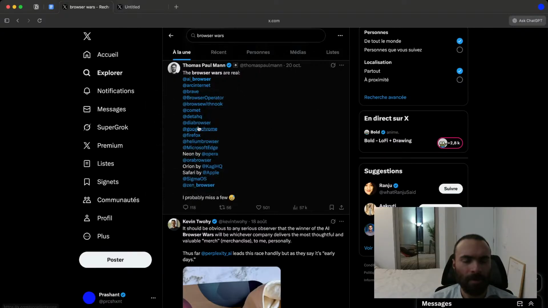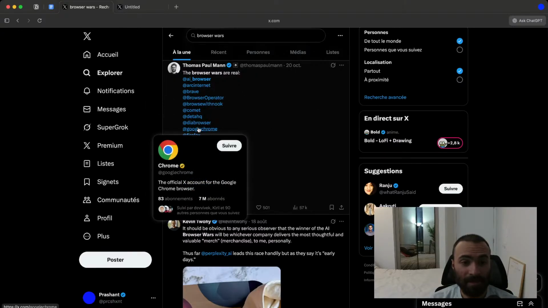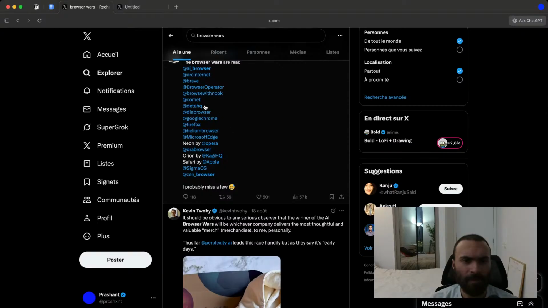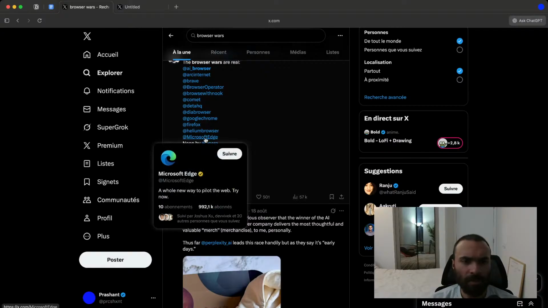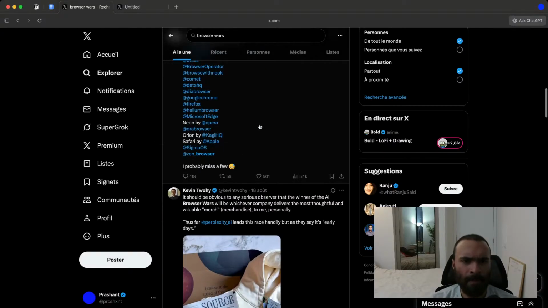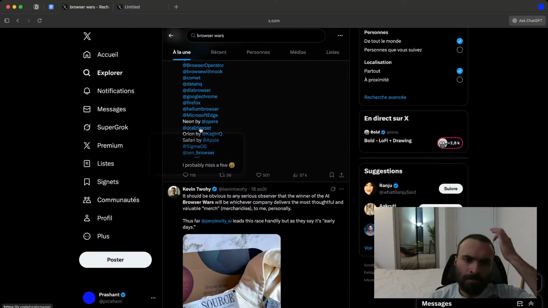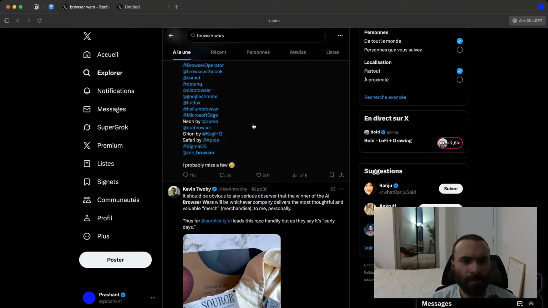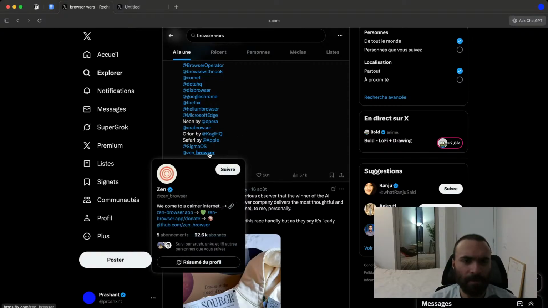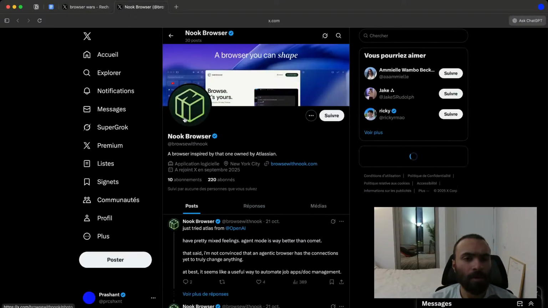Wow. Google Chrome has 7 million followers. Dia just has 25. Helium browser. Okay. Microsoft Edge, almost 1 million. Okay. There is Aura, the browser your goal dreams about. Orion, Apple, Safari by Apple, Sigma, Zen browser. Okay.